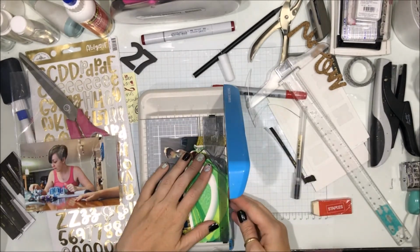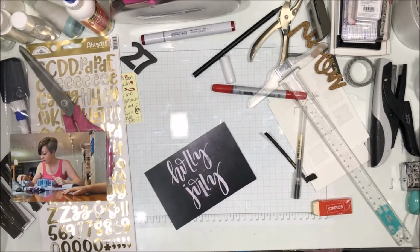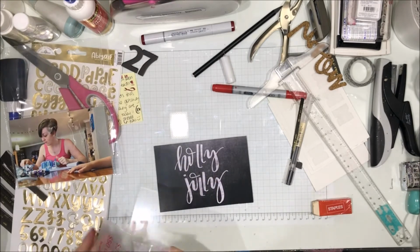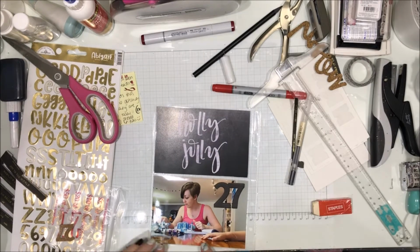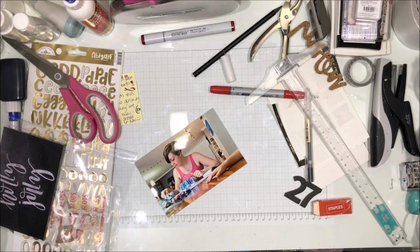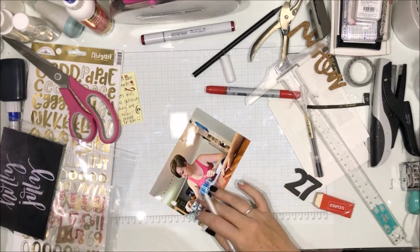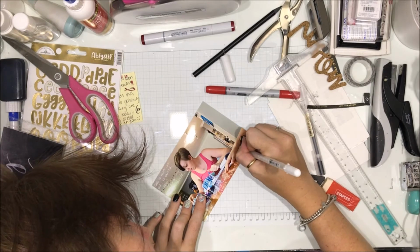I thought about doing my journaling on this card, but I couldn't. I was like, if I put it on the left, it'll be unbalanced. If I put it on the right, it'll be unbalanced. What am I going to do? Okay, cool. I'm going to journal straight onto my photo. Pop that into the pocket. That's that pocket done. Grab my white gel pen, and I'm pretty sure I test it. Yep, make sure it works first. This paper is beautiful for writing on. Oh my gosh, it's amazing. My journaling says, "One is never too old to build Lego. Building my frozen castle..."